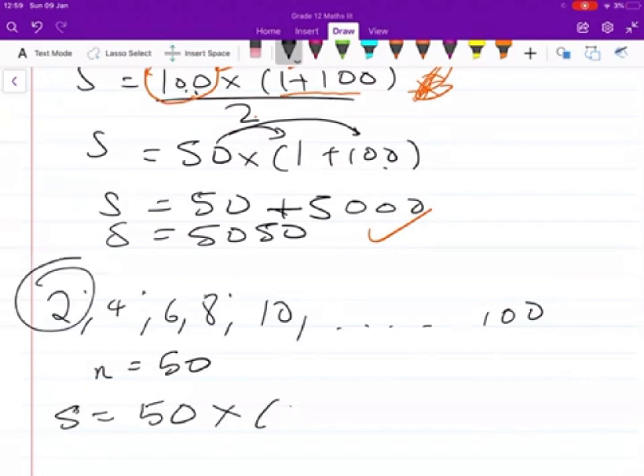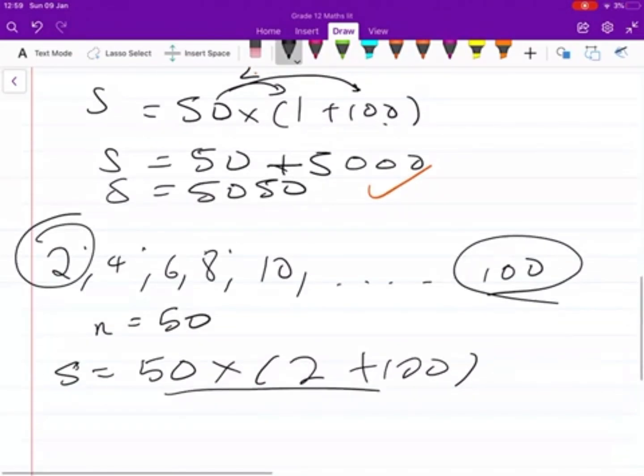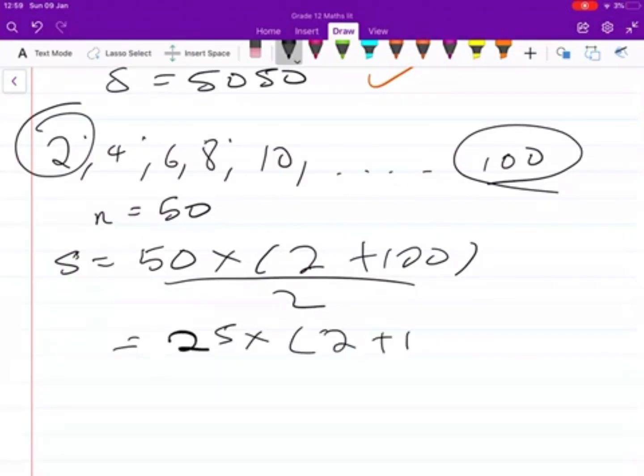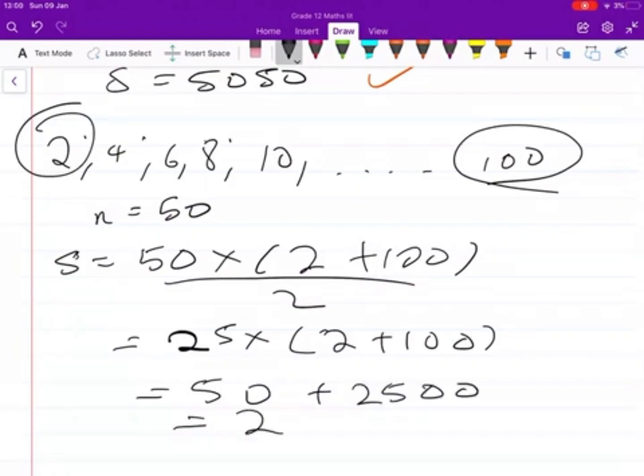What is the first term, guys? The first term is 2. What is the last term? The last term is 100, and you divide that by 2, you should get your answer. All right. This here is 25. 2 plus 100, and 25 is 50, and of course this is 2500, and the answer here should be